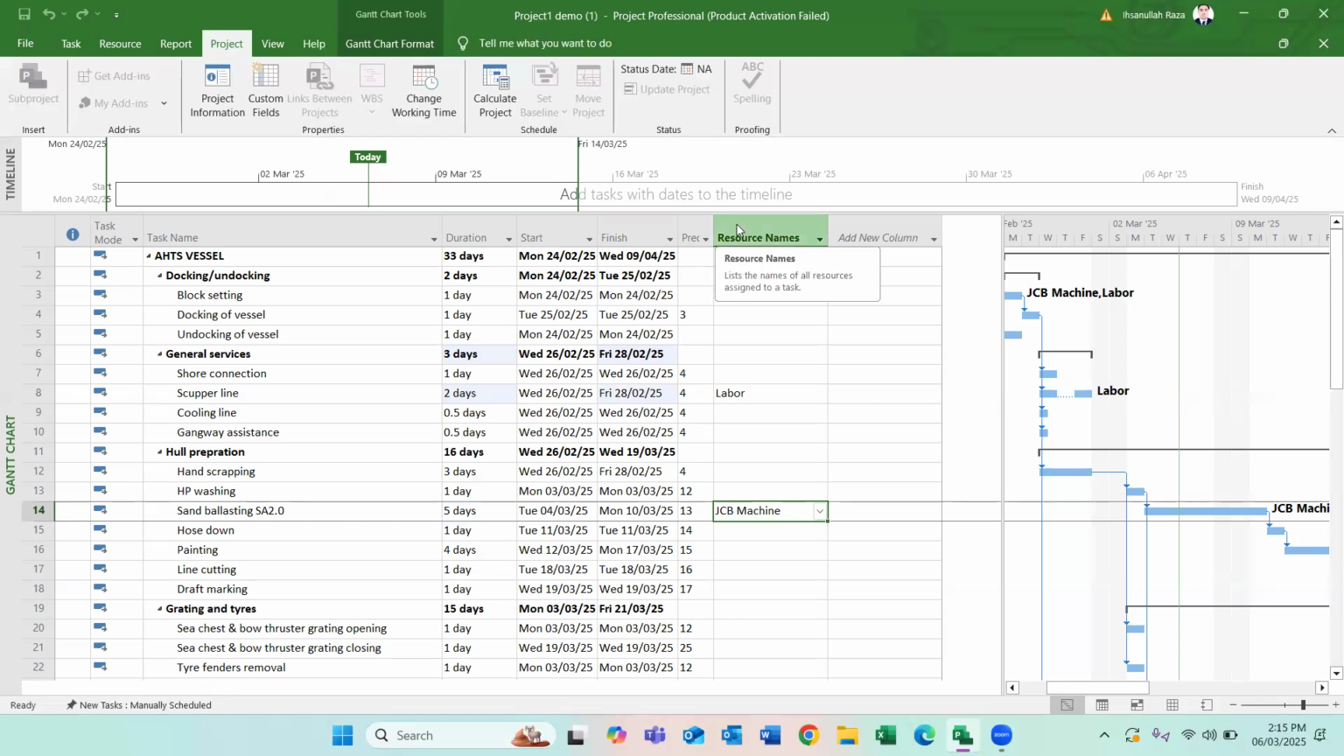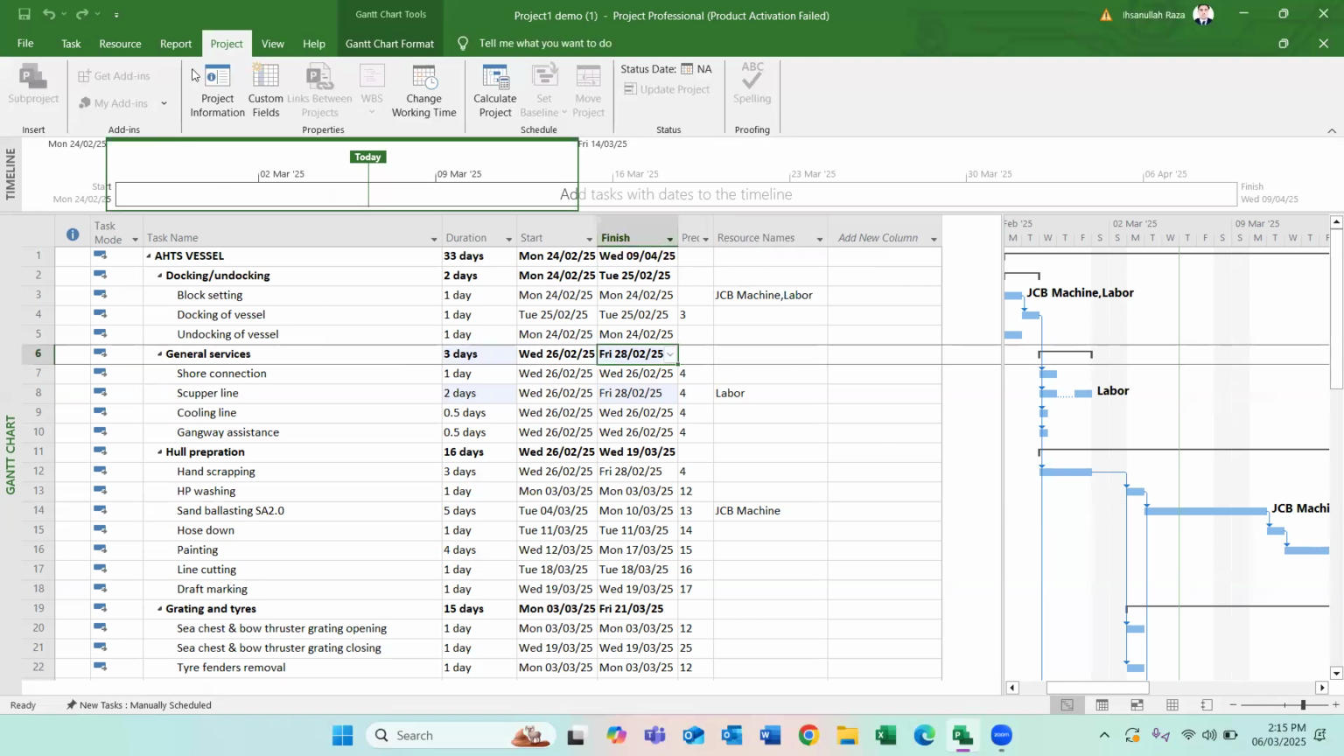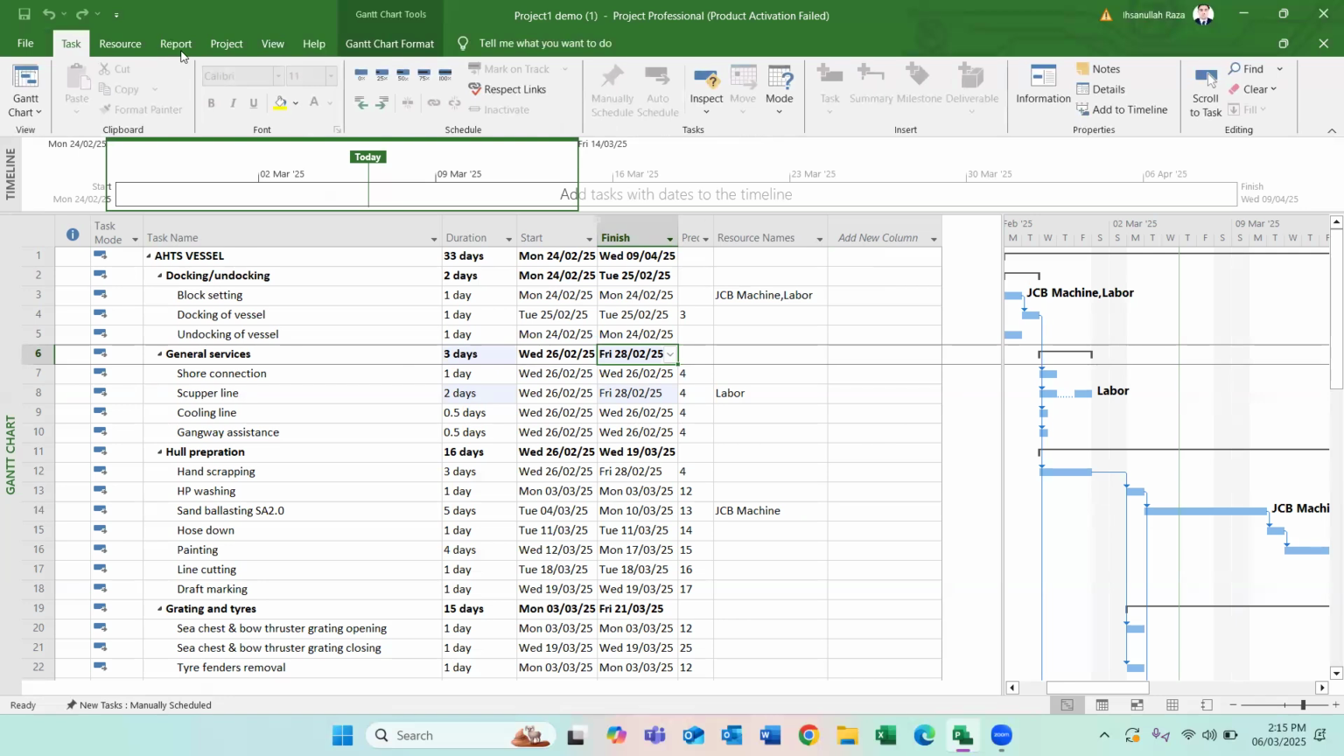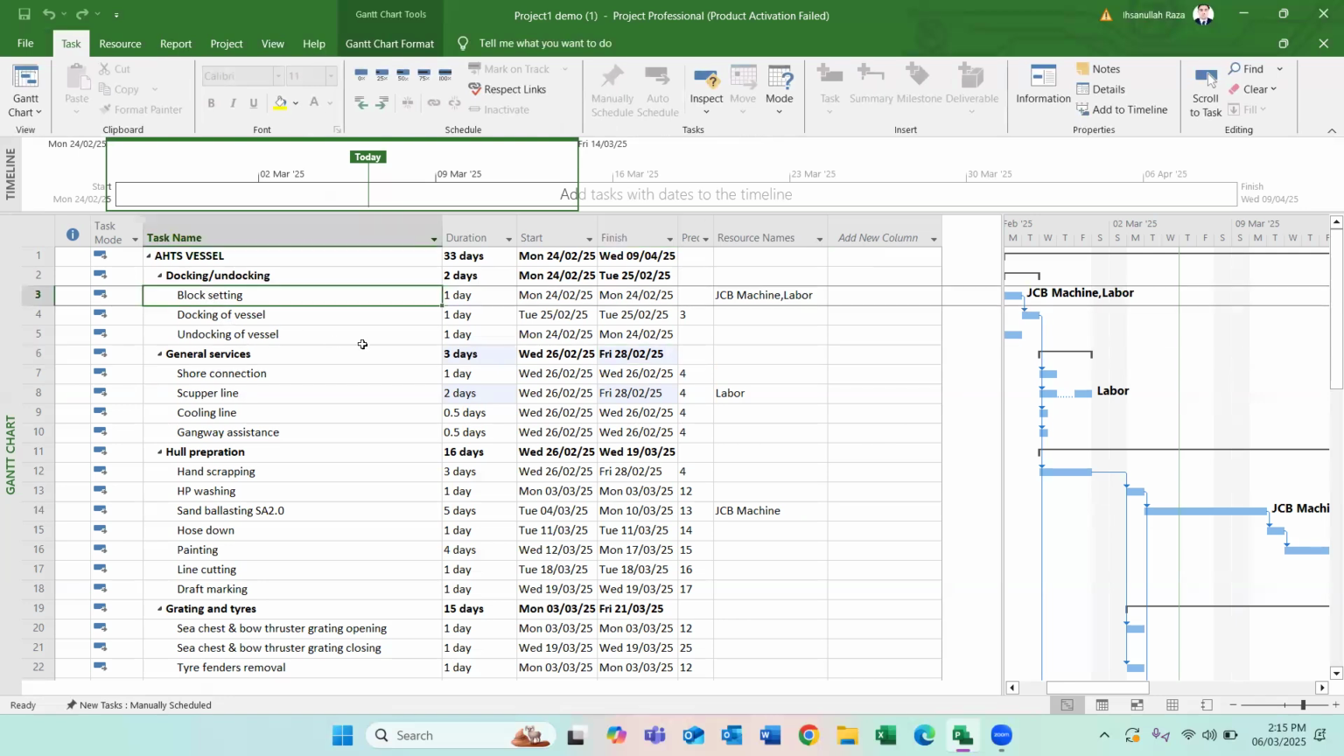After that, you are going to update the program. How are you going to update the program? Once you set the baseline, you will see on the bar graph there will be a different color. You need to update the progress. So how will you update it? Let's say, for example, the block setting activity, 25 percent complete here. If you click on task,